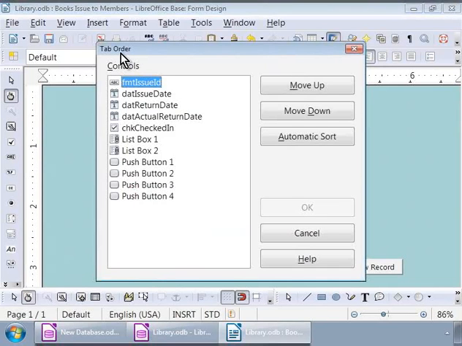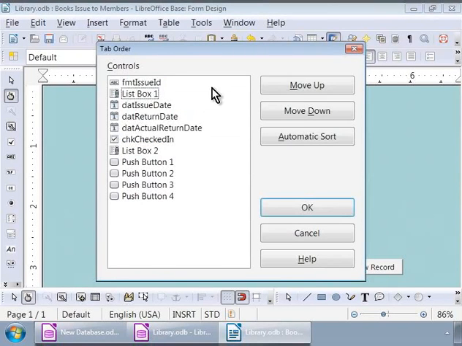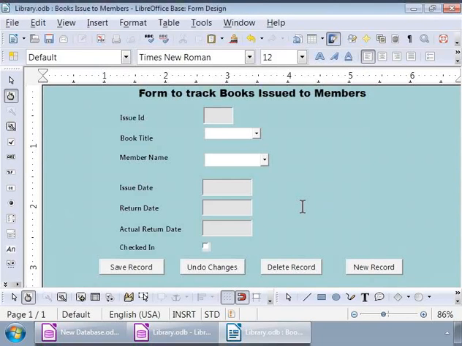To order these form controls, we can either click, drag and drop the items, or we can use the move up or move down buttons. So let us set the tab order as shown in the image here. We are done, so let us click on the OK button to save these changes.